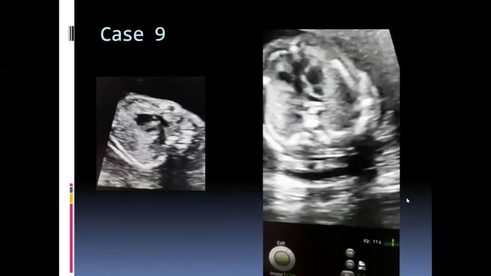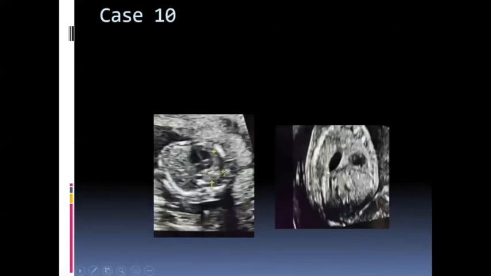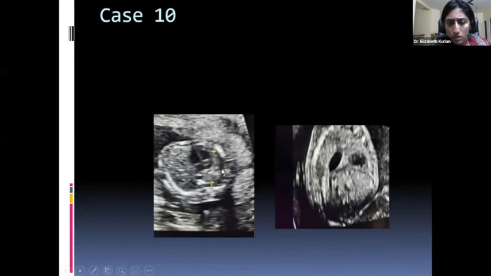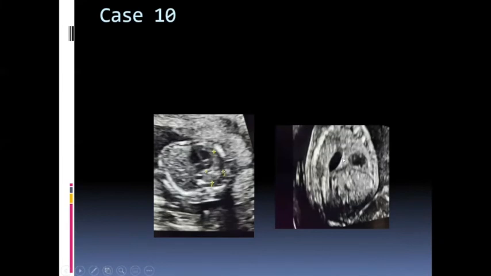So here, this is the diaphragm. What is happening here? This is the heart. Yeah, it's a diaphragmatic hernia, and the stomach has gone up. So what I have measured here is the normal lung, and that is how you calculate a lung to head ratio. LHR has to be calculated because that will help in the management.